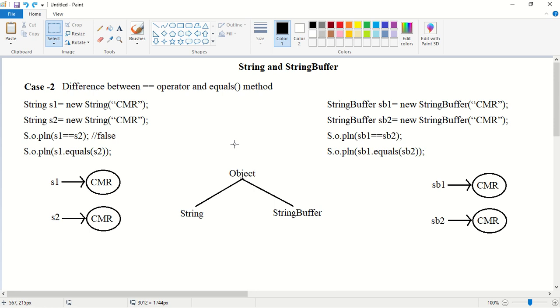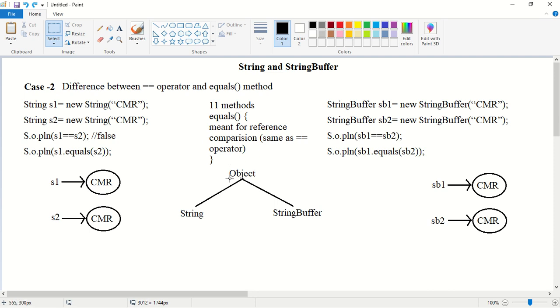This Object class has 11 methods, and these 11 methods are available to all the classes in Java. Out of these 11 methods, the equals method is one such method.